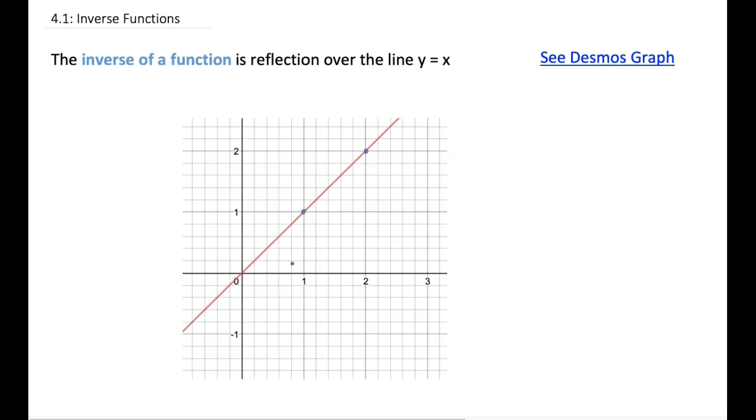So a reflection over that line is going to be something like, let's just say we have a graph that looks like this. Then the reflection over it is going to be over here. And for every x, y coordinate, the x and y will be switched so that the x in this point over here equals the y in this point over here. This is not a great drawing, but that's the idea. So I'm going to show you some